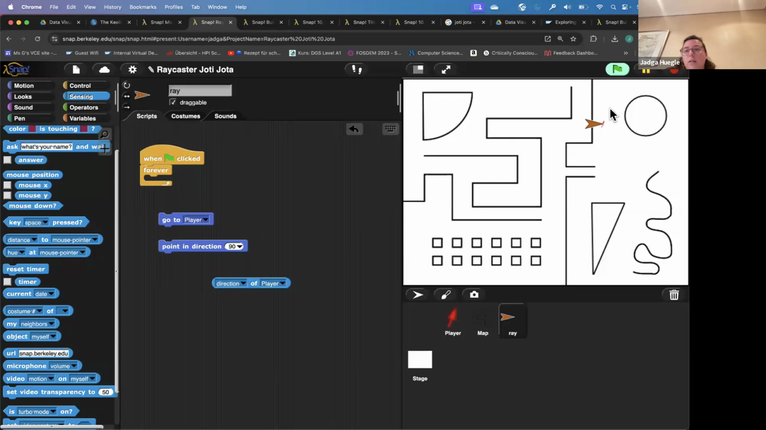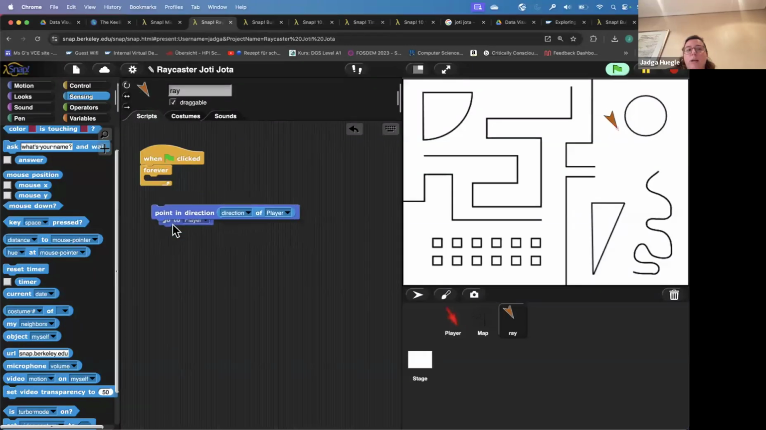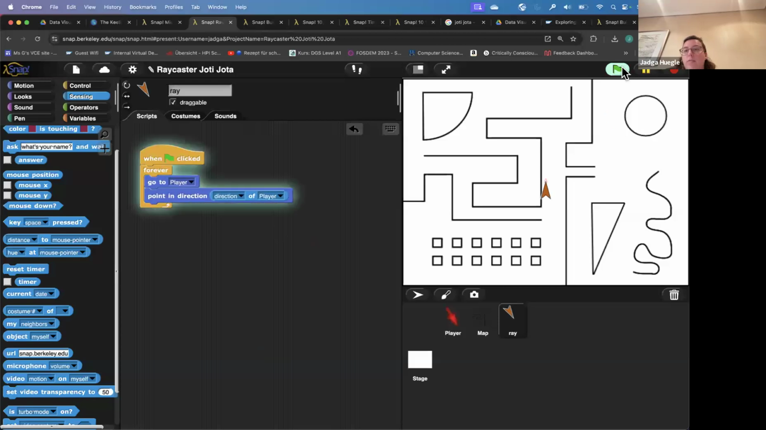Currently, my player is facing top right. That's direction 20. So 0 is top, and this is roughly 20. So I always want the ray to point in the direction of the player and go to the player. So whenever I move the player now, the ray will face in the same direction and go to the player. And if I do that with the green flag constantly, they'll always face into the same direction and will walk together. So this is not very interesting so far, but